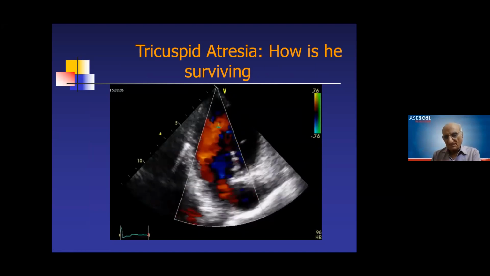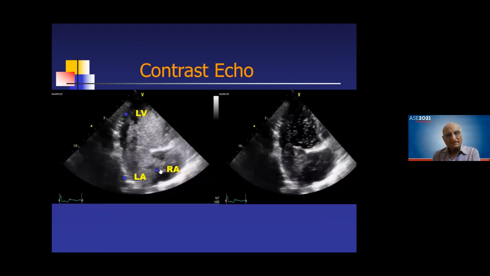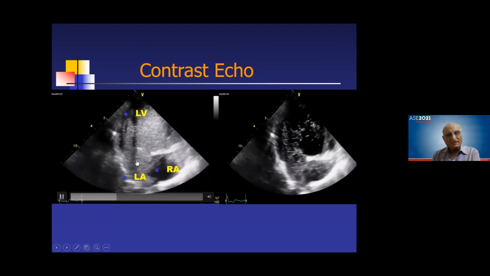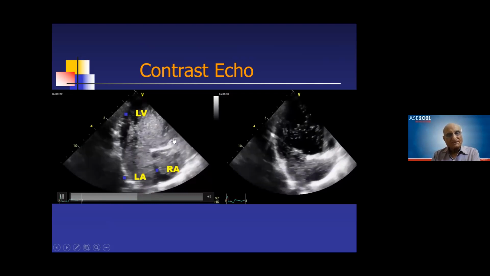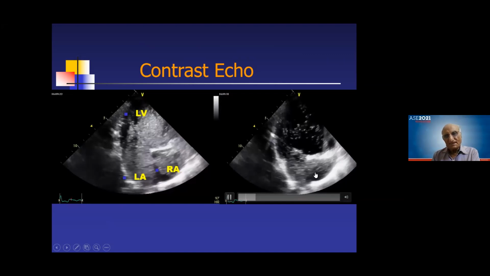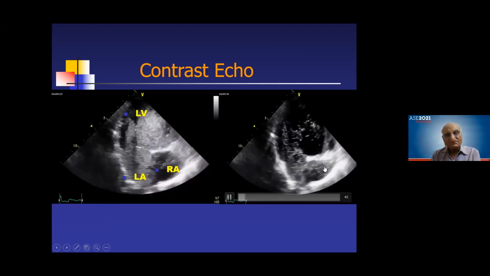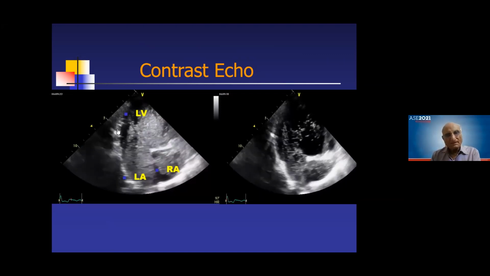So despite the color flow mapping, we put in a contrast echo and you see from the right atrium, the contrast goes to the left atrium, fills up the LV and the RV. You see better, this is the RA, and the LV. So there has to be a shunt right to left, which we were not able to show from color flow mapping.